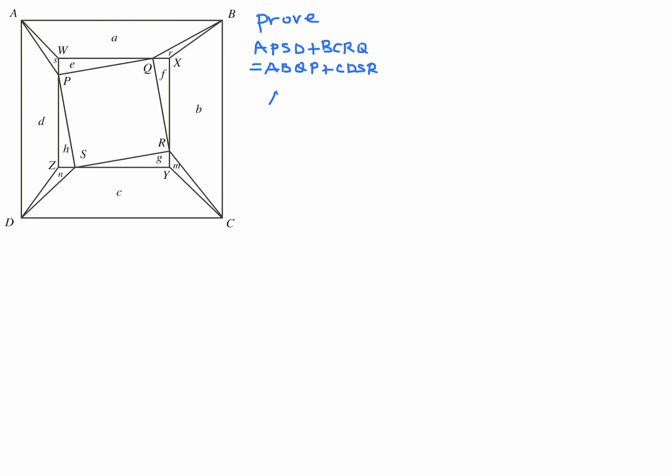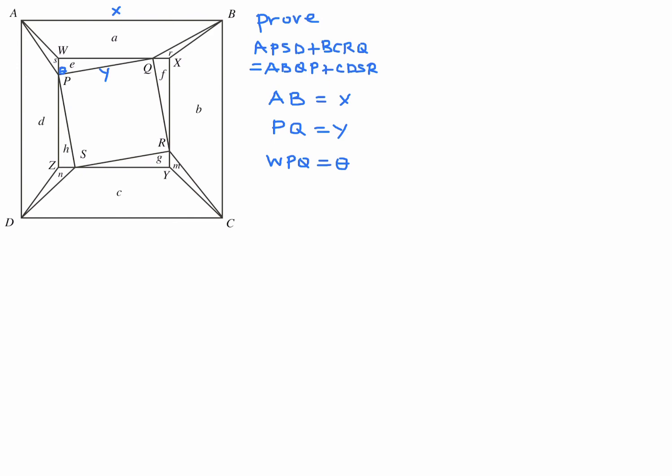I also have to label a few things. The side length of AB I'll call x. So from here to here, I will call that x, that distance. And then the side length of the square that's in the middle on a slant like that, I will call that side length equal to y. So I'll just put 1y right there. And then I'm going to also label an angle, WPQ, and I'll call that theta. So WPQ is this angle right in here. So I'll just see if I can squeeze in a theta